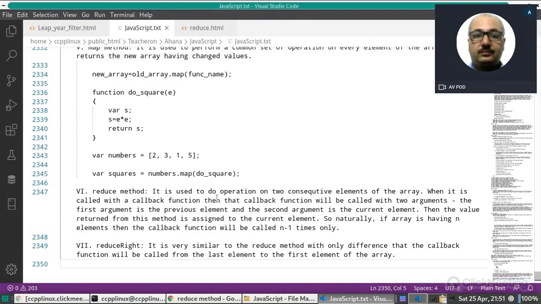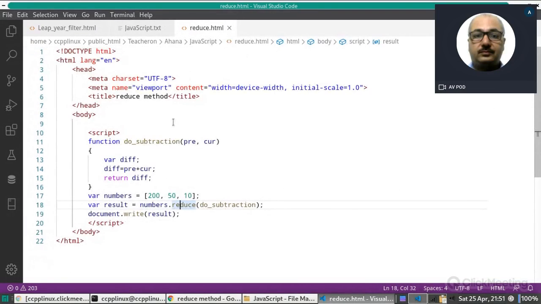So there must be a program where there should be a form, a small form, containing a text box. Then there should be a submit button, or a button for adding that element to the array. And then at runtime, those elements should be added to the array. Then we can provide a menu for testing all these functions. So let me first create a file for that, because there must be some user interface in the program. Then we can understand how it works in real life.